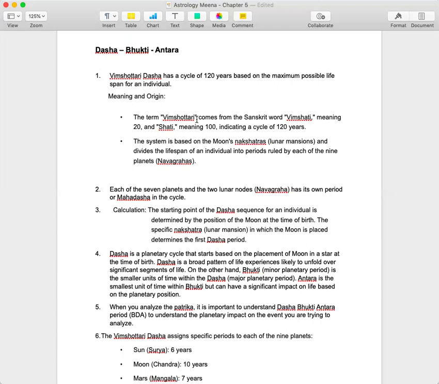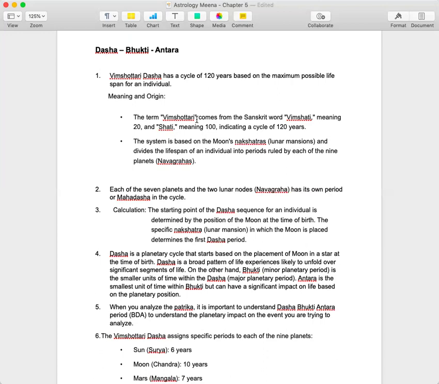You can go up to 5 levels, 6 levels, depending on how granular you want your predictions to be. If you keep on dividing, you can even predict what's going to happen in the next hour. It is all about how these heavenly bodies interact with each other, like how Saturn and Jupiter interact, or how Saturn and Rahu interact, or how Mercury and Ketu interact.